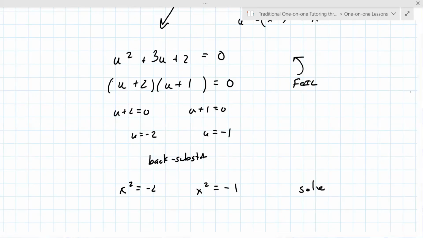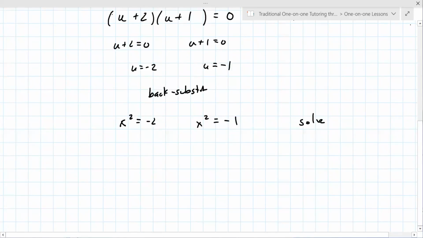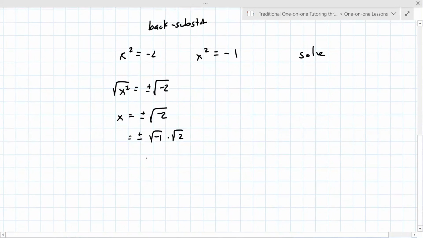Okay, so I will help you with that, but is it clear that you're going to make a substitution in almost all these problems, solve it, then back substitute, and then solve it? Yeah. Okay, so you've got to take a square root of both sides. It's plus or minus the square root of -2. So the square root of -2 is the square root of -1 times the square root of 2. The square root of -1 is i. So x is plus or minus i square root 2,